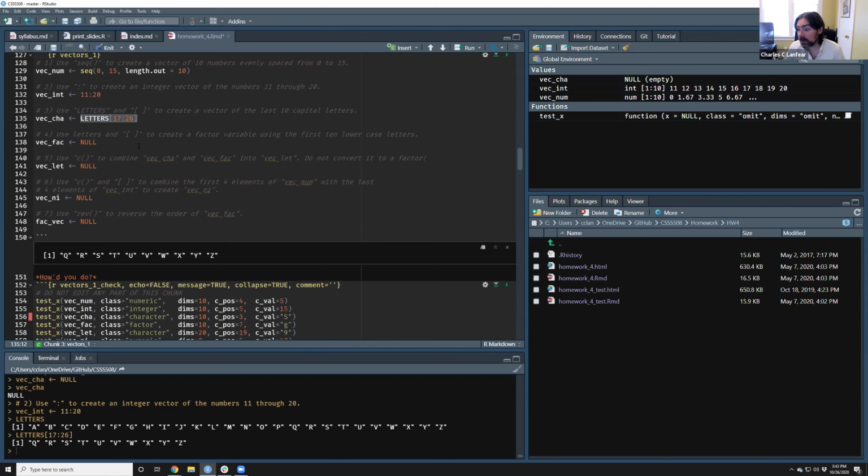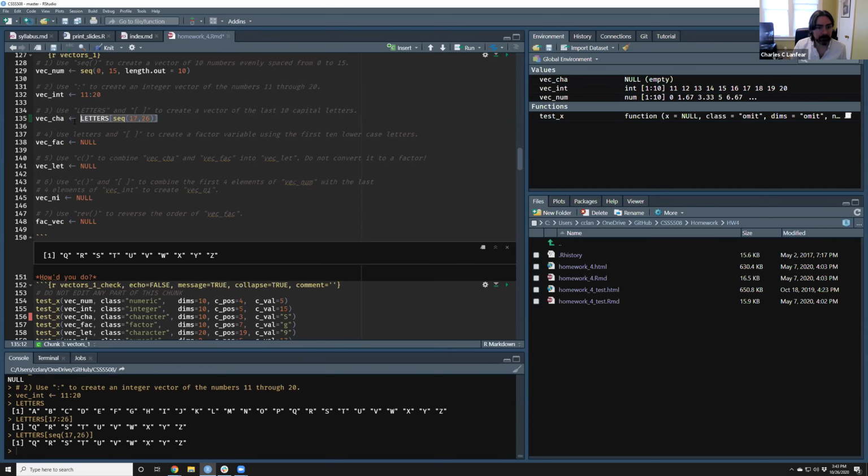If I did instead sequence 17 to 26, I would get the exact same result. So if I write instead, as was done in chat, sequence 17, 26, this will give me exactly the same thing, 17 to 26. This is because the colon operator is a shortcut for that exact function. They do the same thing.